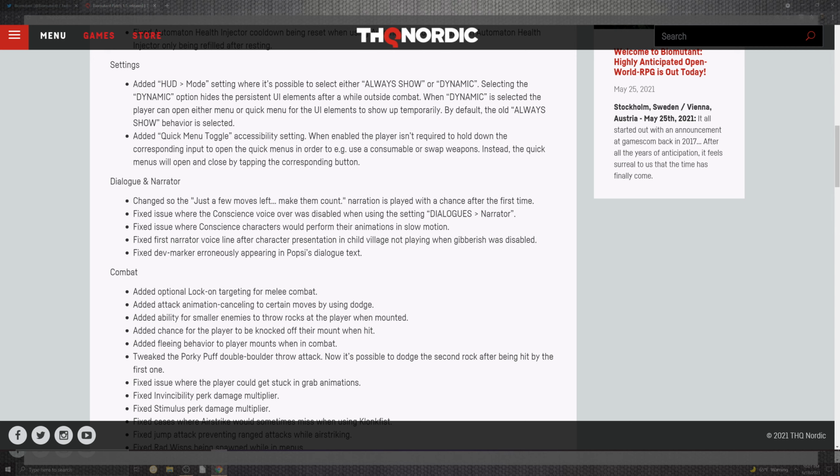Now they can have a show or a dynamic, which will give you something that will fade during combat and give you more immersiveness. Now, moving on past that, the quick menu toggle also has an accessibility portion. When enabled, the player isn't required to hold down the corresponding input to open menus. So, you can swap out weapons instead of using the quick menu. It's giving a lot more variety of what they're tuning the game to for the community and the way they're